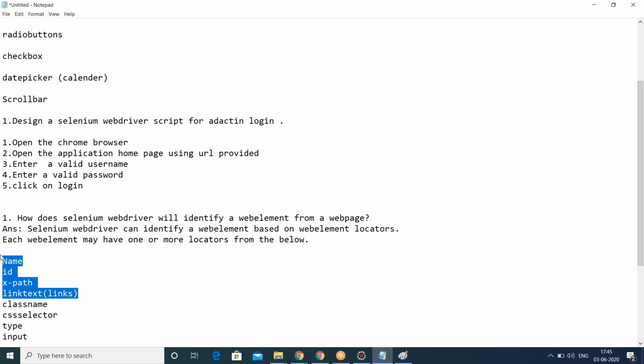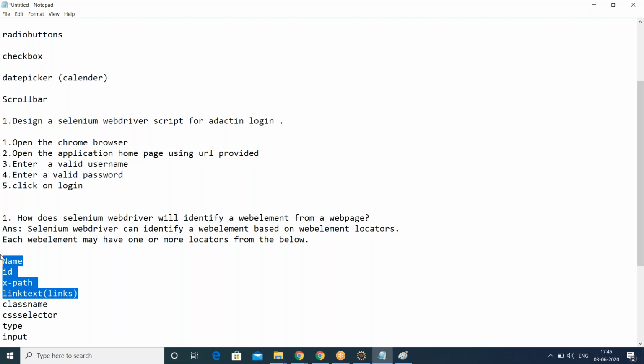Clear? So we will see all this. One more thing: it's not compulsory for every web element to have all the locators. Some web elements may have all of them, some may have only some of them, some may have only one, and some may have none of them, but that is rare, because at least one XPath will be there for sure.